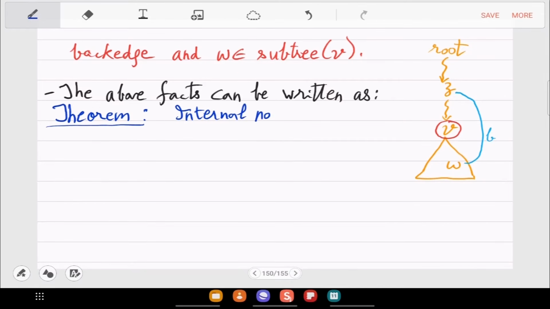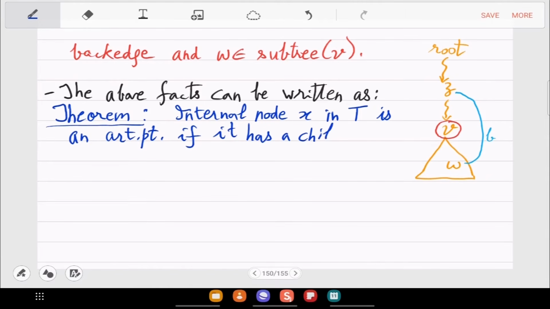An internal node X in the DFS tree T is an articulation point if it has a child Y such that